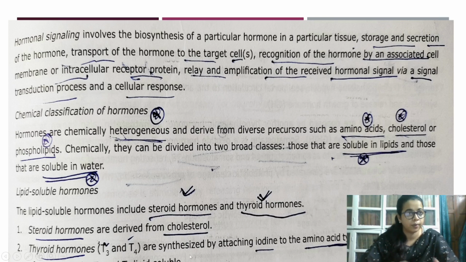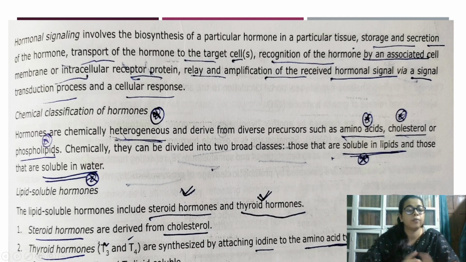Because what is tyrosine? Tyrosine is an aromatic amino acid, like tyrosine, tryptophan, phenylalanine. From tyrosine only, the thyroid hormone is derived. It is asked in exam, from where is the thyroid hormone derived? That is, from where the steroid hormones are derived. So it is very important, and I have also underlined it so that it will be better for you to